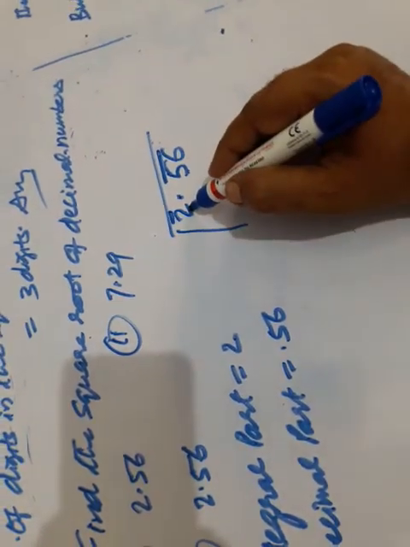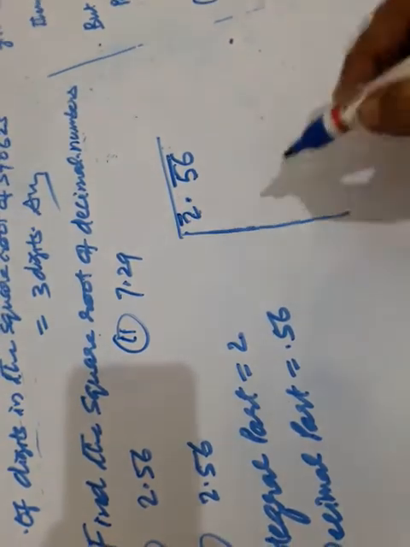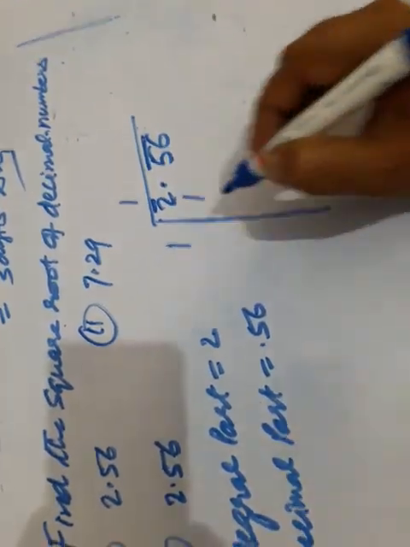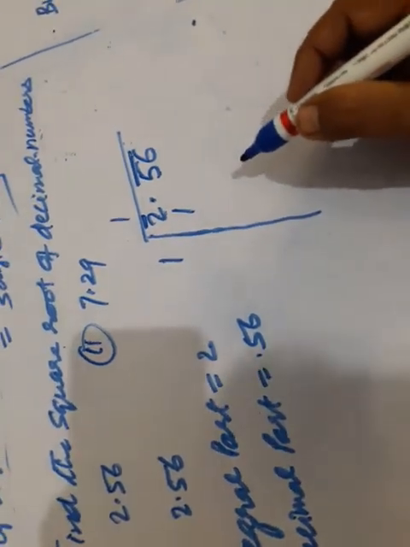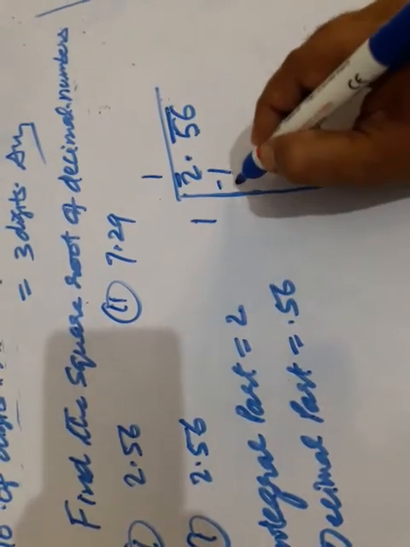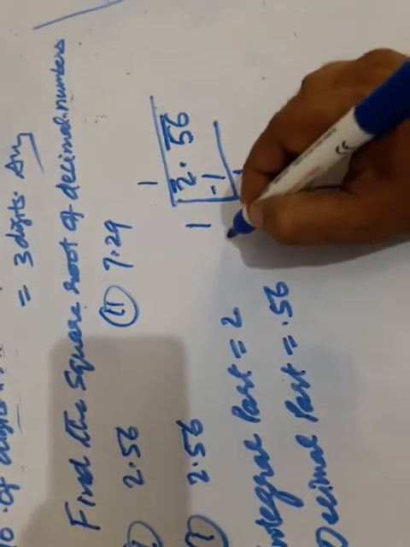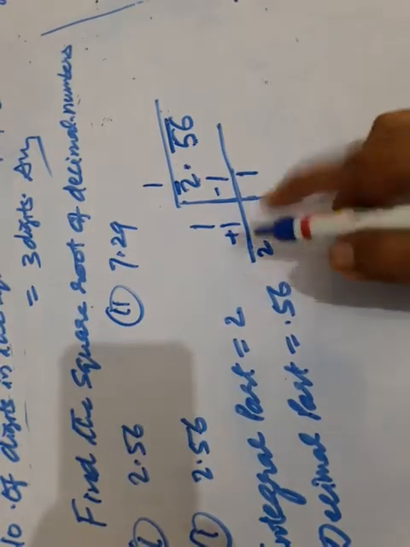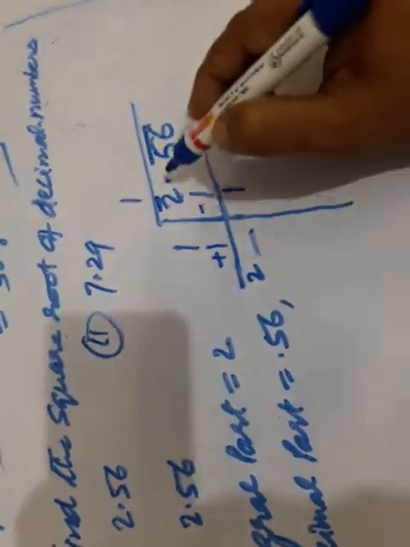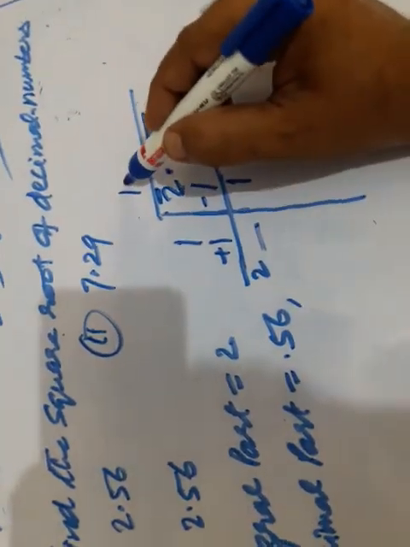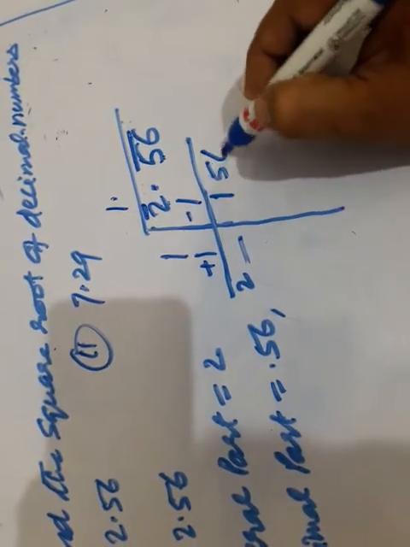Now here 2 is your present dividend. Now you have to select a number such that 1 1 ja 1, you take 1 1 ja 1. Here 1 can also be divided, children, in this method. So 2 minus 1 equal to 1, and the same 1 will be added over here also to make this 2, and leave one place blank over there. Now the decimal point will be shifted over there in your quotient, and now 56 will be carried down.